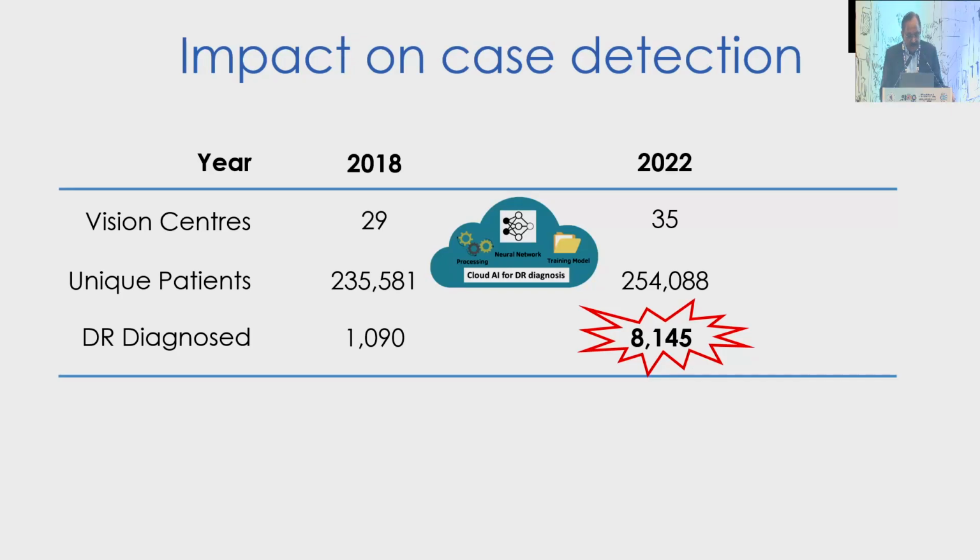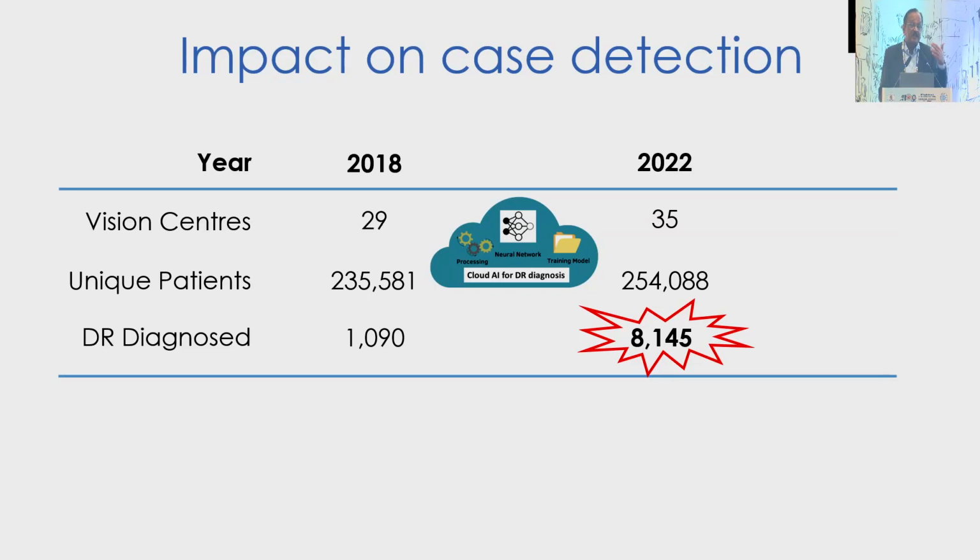This is another data that I just looked at, before we started using AI versus after using AI. We found the difference for a 1 year period. I looked at a similar number of patients who were screened. The number of diabetic retinopathy cases identified was around 1,090, whereas after the deployment of AI, the numbers went very high, almost about 8 times, which is tremendously high. Are we missing cases? We are just analyzing that data at this point of time. This was just 3 months of data that we looked at.